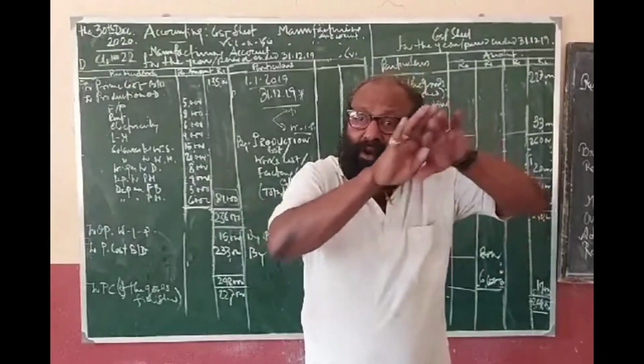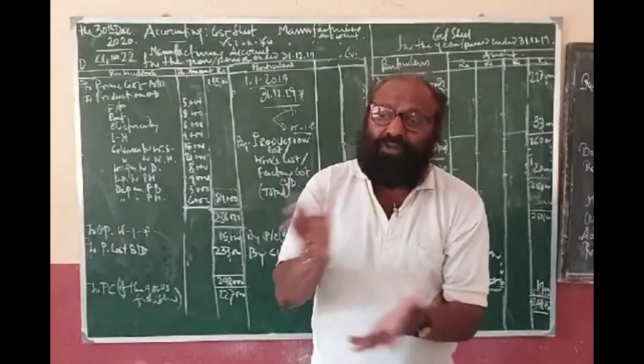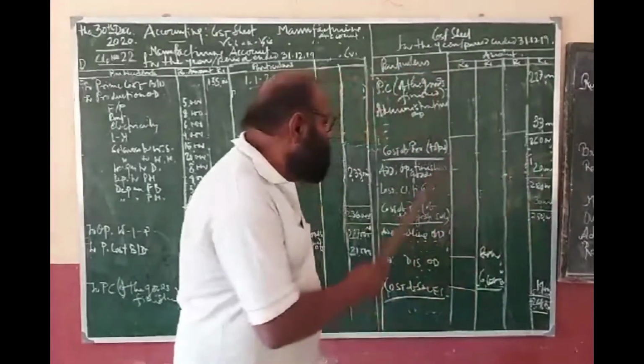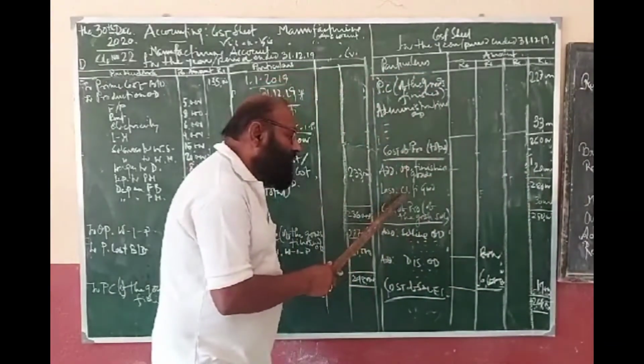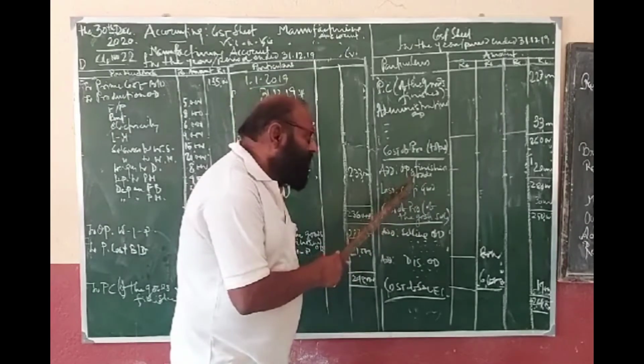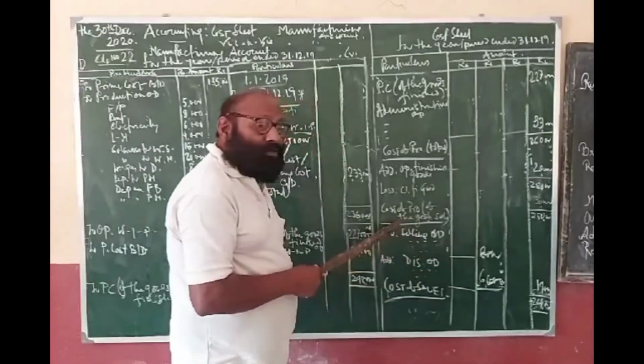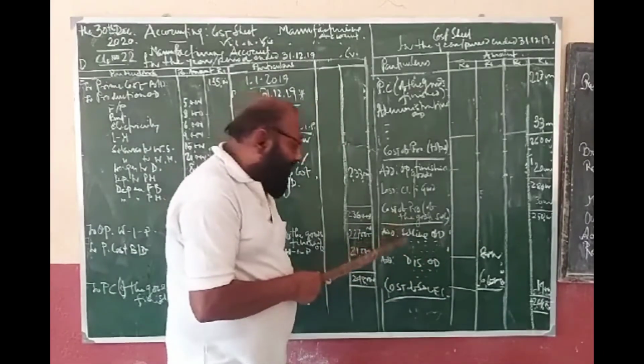The goods that have not been finished, there is no question of selling. There may also be some finished goods which may be in stock. So from the cost of production, we should deduct the closing finished goods, and we should add opening work in progress and opening finished goods. By adjusting, we get the figure, and this figure is the cost of goods sold.